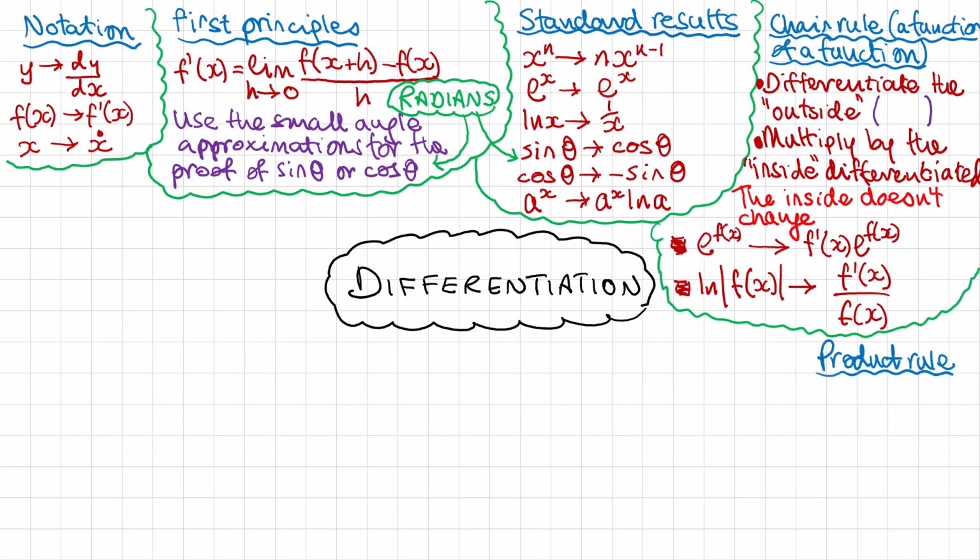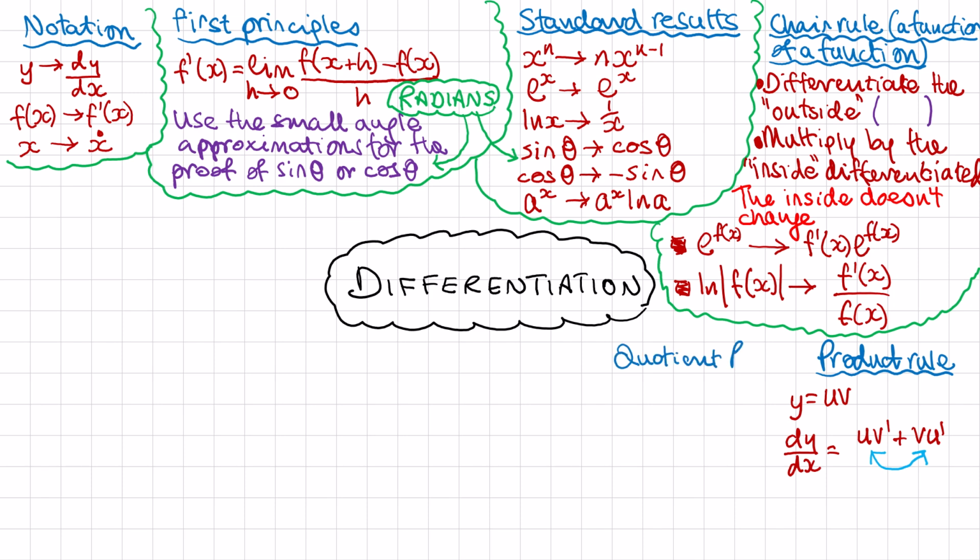Next is the product rule, where we have a product which I'm going to call u and v, and then dy/dx will be equal to u v dash, so the v part differentiated, plus v u dash. Now because this is an addition, you can do this in either order, it doesn't matter which way around you do it. Next we'll look at the quotient rule,